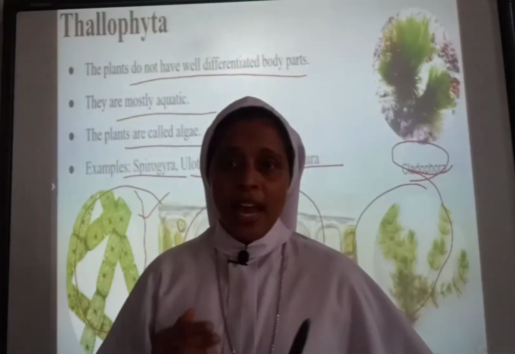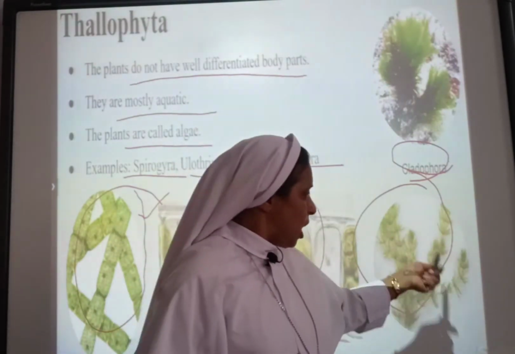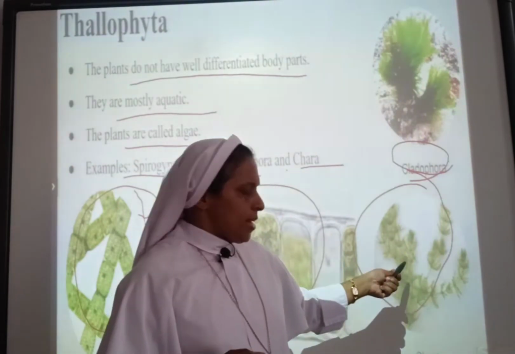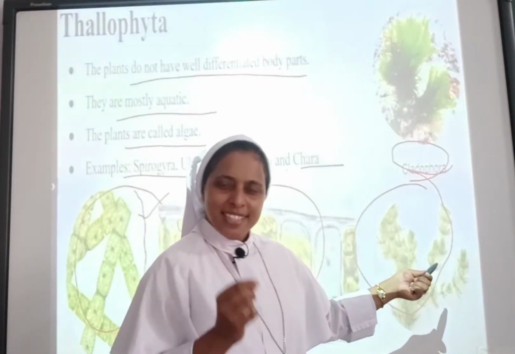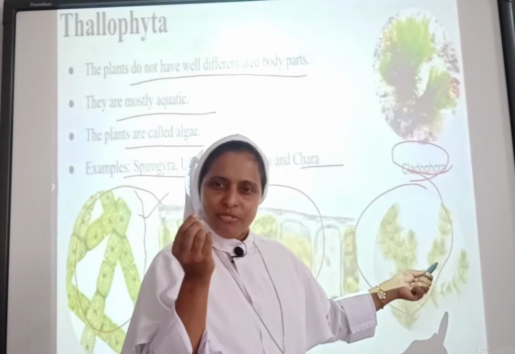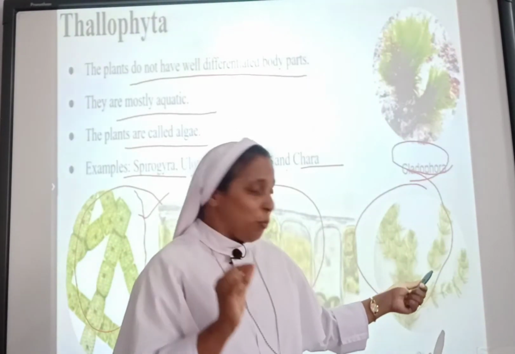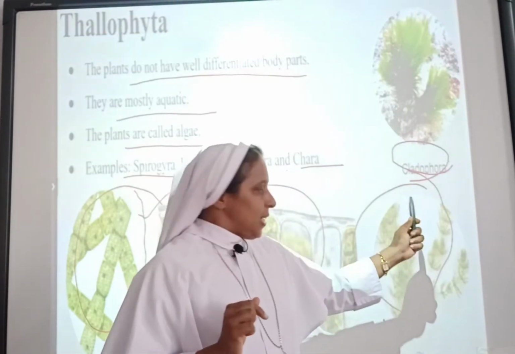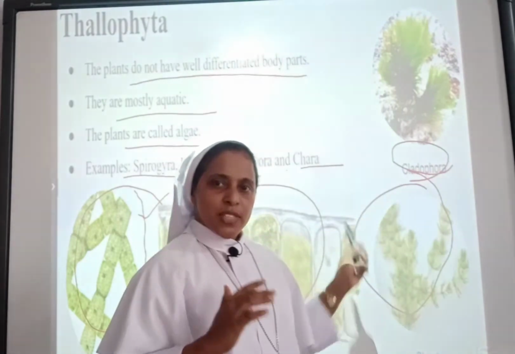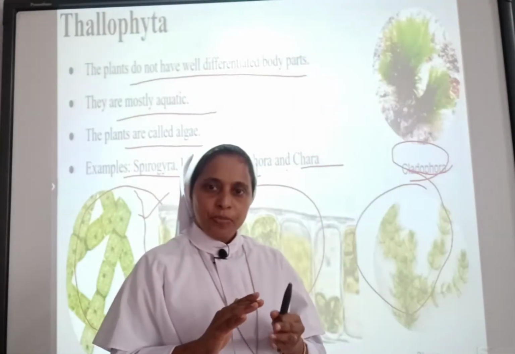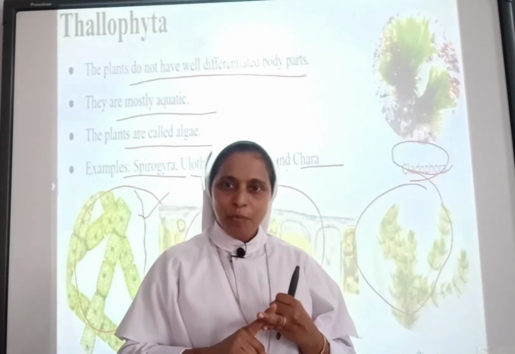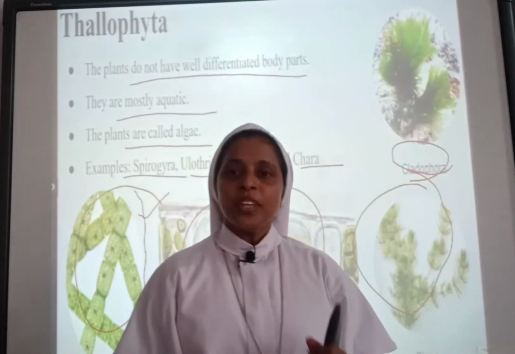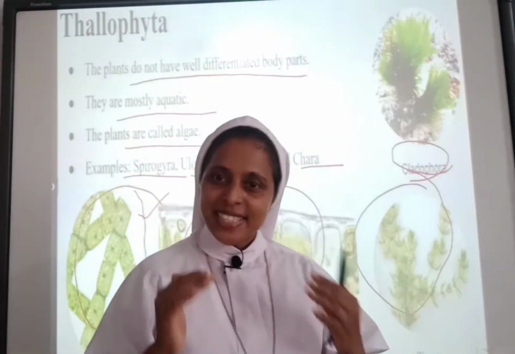And one more peculiarity these plants have. Have you seen Chara over here? This plant is termed Chara. If we observe it minutely, we can see a small modified stem portion and modified leaf portion, though we cannot see roots. All this type of plants have the male reproductive organ as well as the female reproductive organ in the same plant.